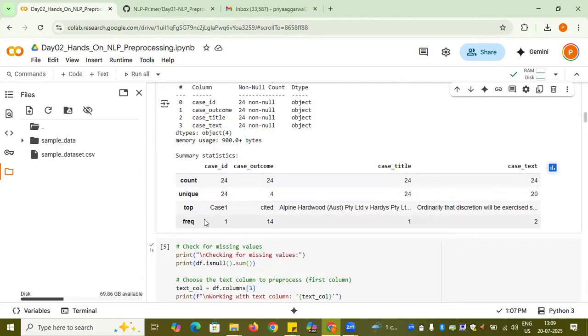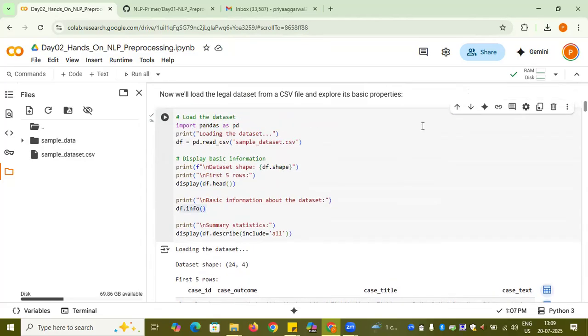Similarly, it is printing the top values and the frequency. All those things being printed come from df.describe. So in this second cell, what I basically did was load the data, which can be any data at your end, and then see what the shape is, print some data, and get some basic information and summary statistics of the data altogether.